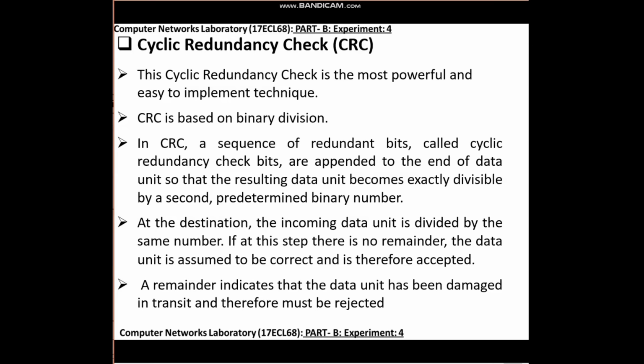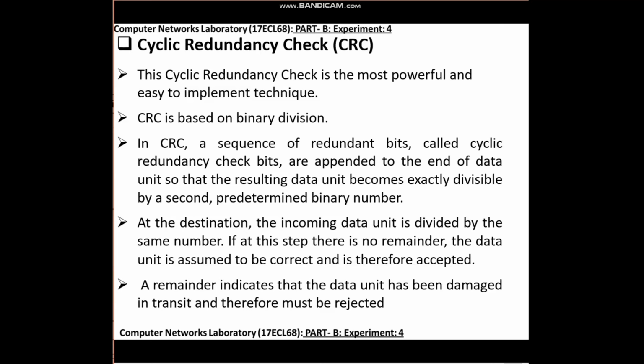Let us have a detailed look at cyclic redundancy check. This cyclic redundancy check is the most powerful and easy to implement technique. CRC is based on binary division. In CRC, a sequence of redundant bits called cyclic redundancy check bits are appended to the end of the data unit so that the resulting data unit becomes exactly divisible by a second predetermined binary number.